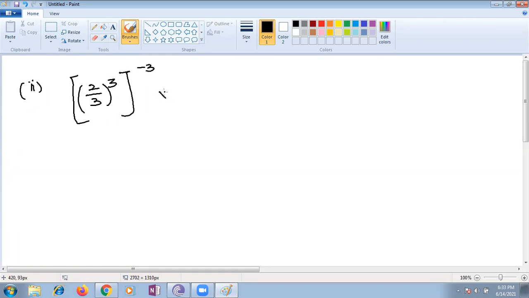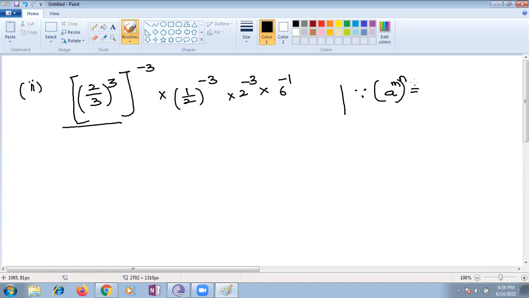Exactly. When you are seeing the question, you are supposed to identify which law of exponent we are using. You have to observe carefully, children. It's nothing but 2 power minus 3 into 6 power minus 1. Ma'am, second and third term will cancel. Just a minute. A power m whole power n. I want an answer from Navyasri. Navyasri, are you there in the classroom?